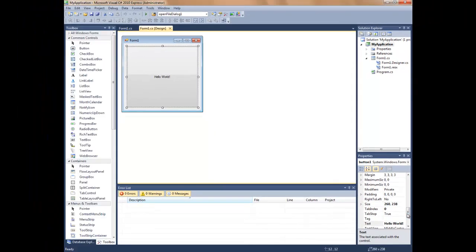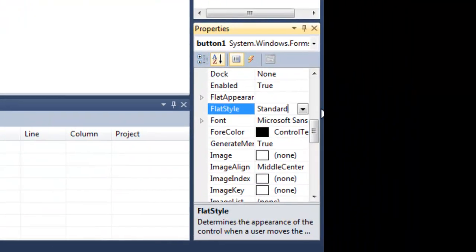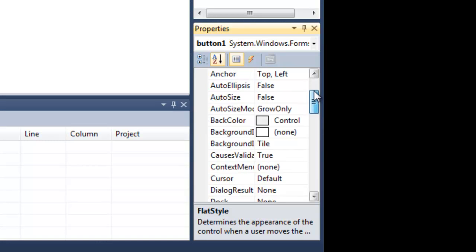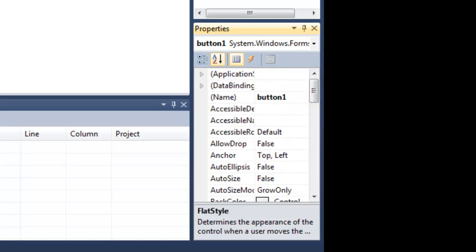There we go. You've just created your very first Windows Forms application. Now obviously in a later episode we'll get into a lot more interesting things, and we'll start playing a lot more with these properties and also your fonts. You can also change the flat style appearance, but like I said,